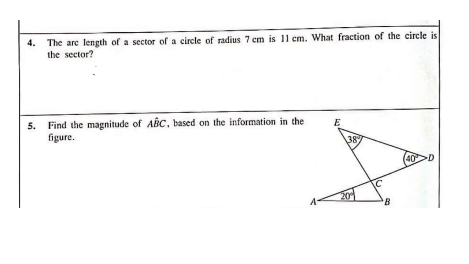The circumference of a circle is 2 pi r, and we will take 2 pi r times x, where x is the fraction of the circumference, and this is equal to 11 centimeters. We'll take 2 into 22 divided by 7, 7x is equal to 11, so we will find x. Here this cancels out, and